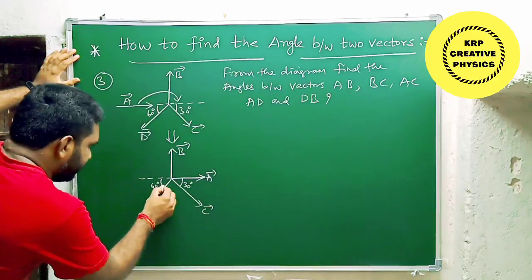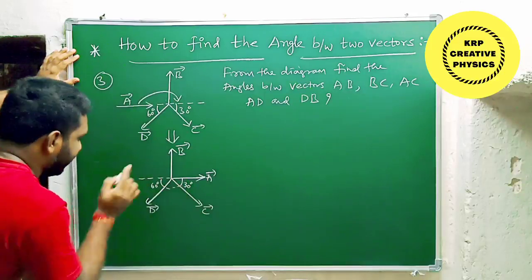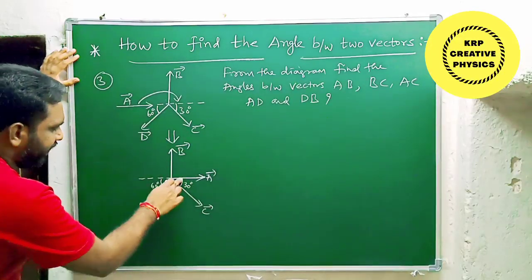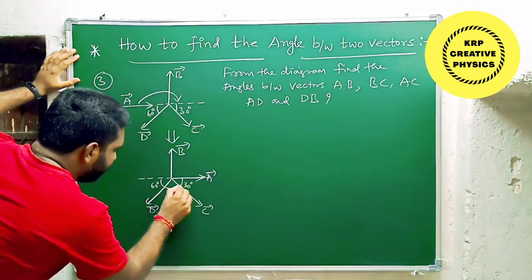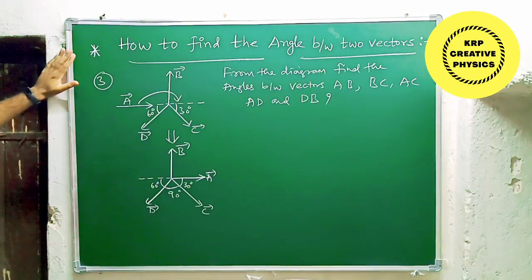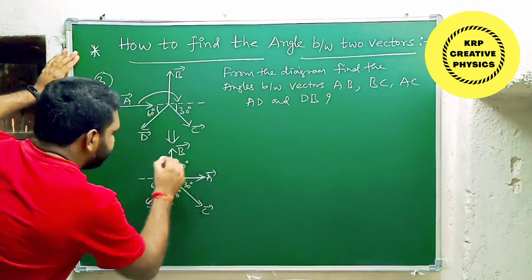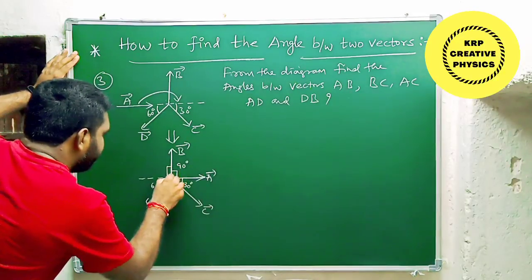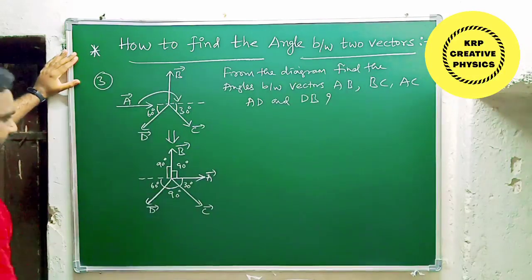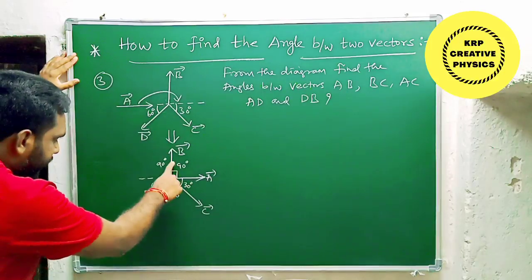First, if we extend this one, how much is this total angle here? Semicircle, 180 degrees is there. So 60 plus 30, how much? 90. So 180 minus 90, how much? This angle becomes 90 degrees. Total 180. Okay? Right, completed. And it is very clear that this is 90 degrees, perpendicular to each other. At the same time, this one is also 90 degrees. Okay? Right. And next we need to consider the angle between C and B, B and C.